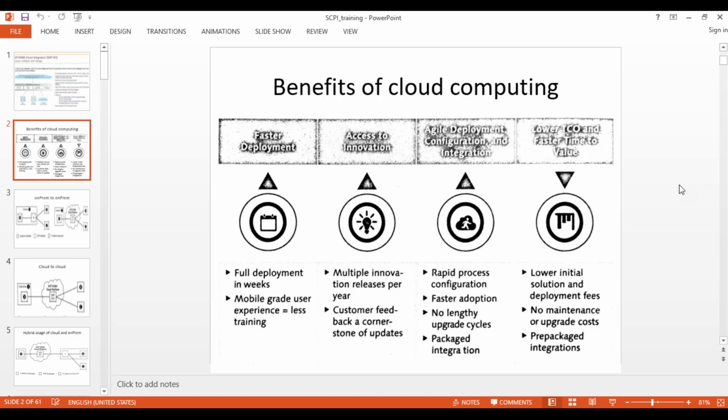The benefits of the cloud platform we can categorize into four areas. One is faster deployment. Why is it faster?